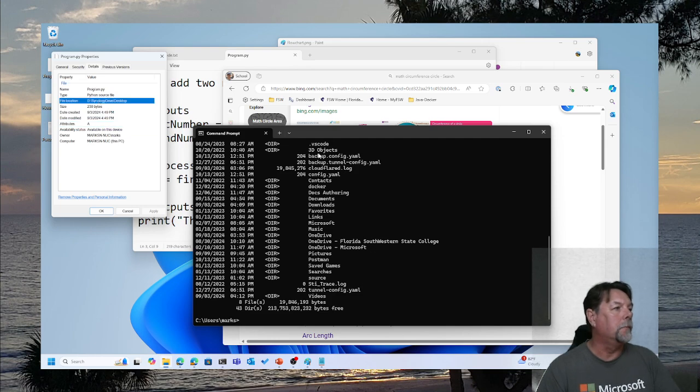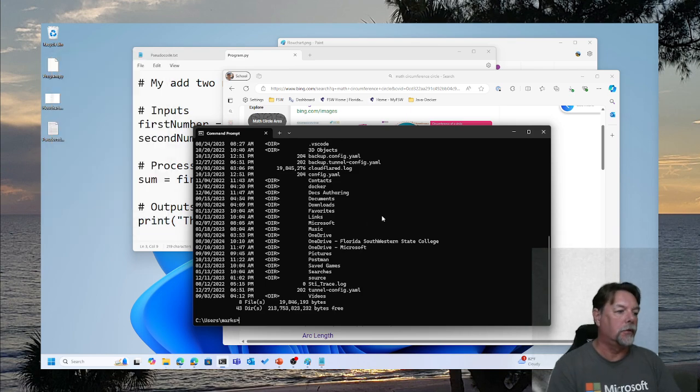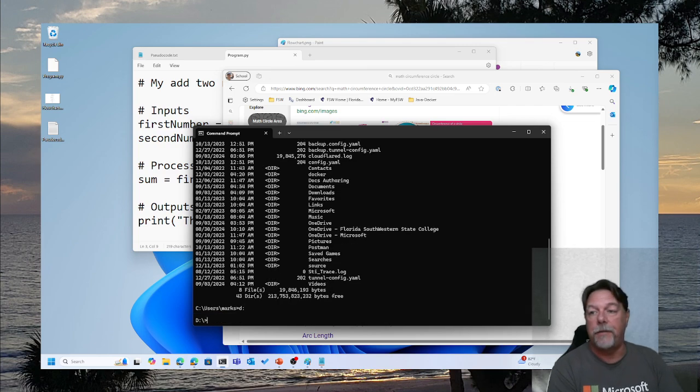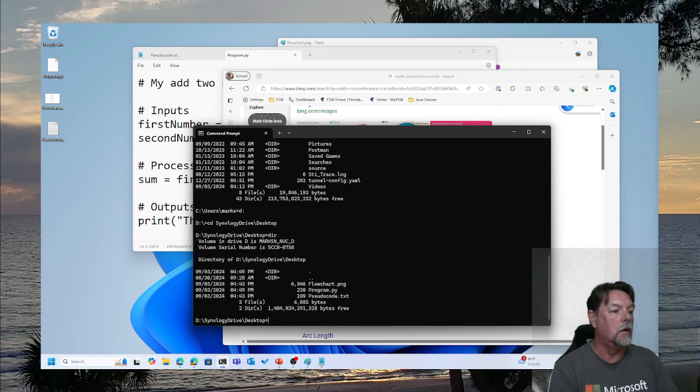Oh, okay. It's on a different drive on this computer. Interesting. But you do have to find where your program is. There we go. There's my files. So my program.py file is stored in this folder on my computer, and in order to run it, I just type python program.py,